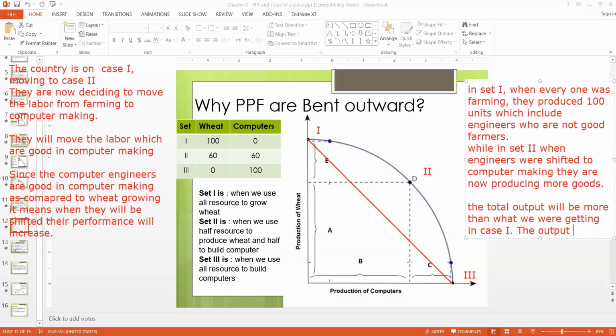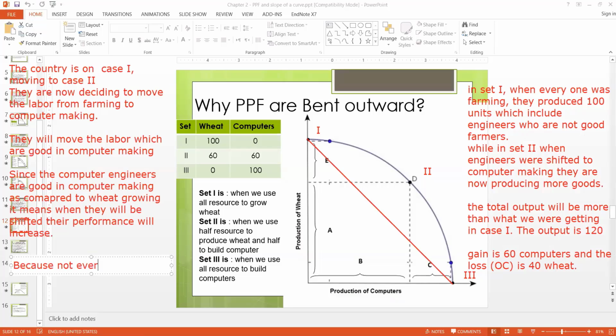So the gain is how much? 60 computers. The loss, or the opportunity cost, is 40 wheat. So here, since the labor has moved from bad to good, the gain is more than the cost. And why is this happening? Let me conclude it, then I will take questions. So why is it happening? Because